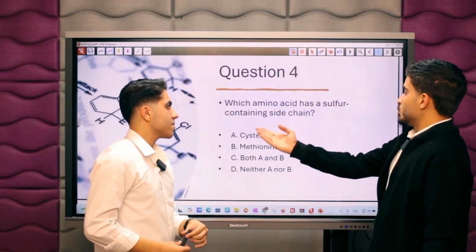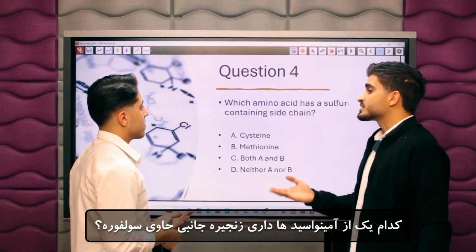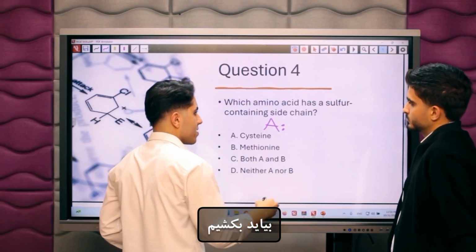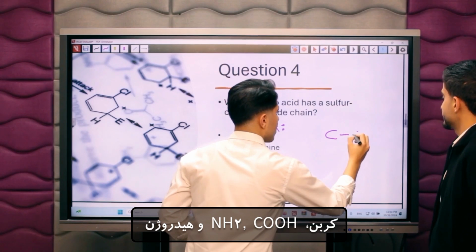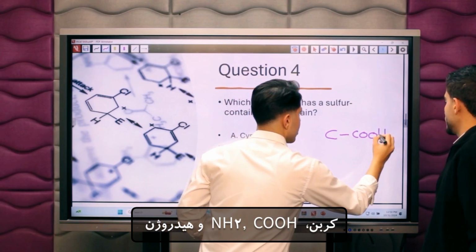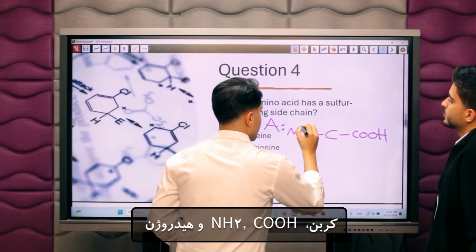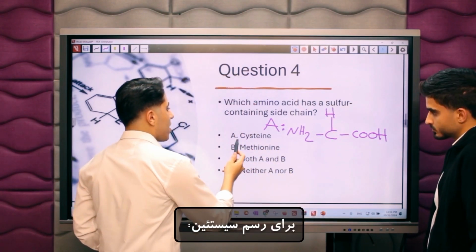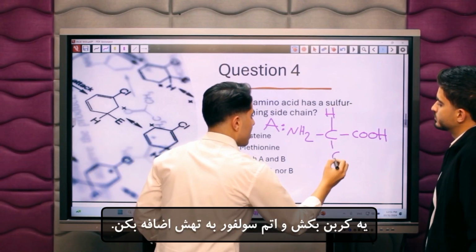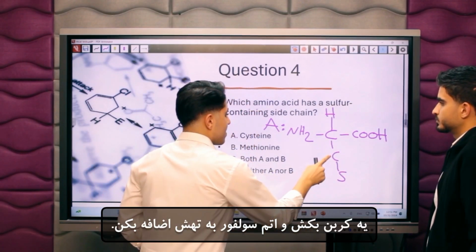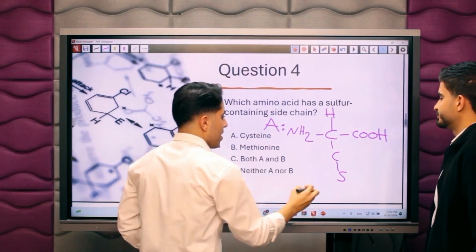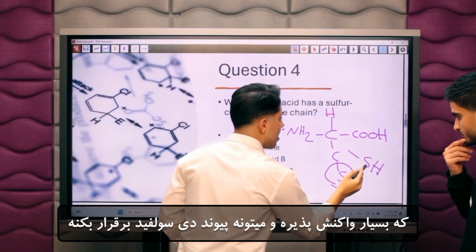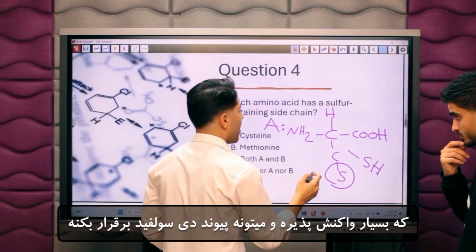Question 4. Which amino acid has a sulfur containing side chain? Option A, cysteine. Let's try it. Constant part, carbon, carboxyl group, H, NH2 amino group, hydrogen. In order to draw cysteine, sketch a carbon and add a sulfur atom to the end. C and S. Cysteine. This is called thiol group,